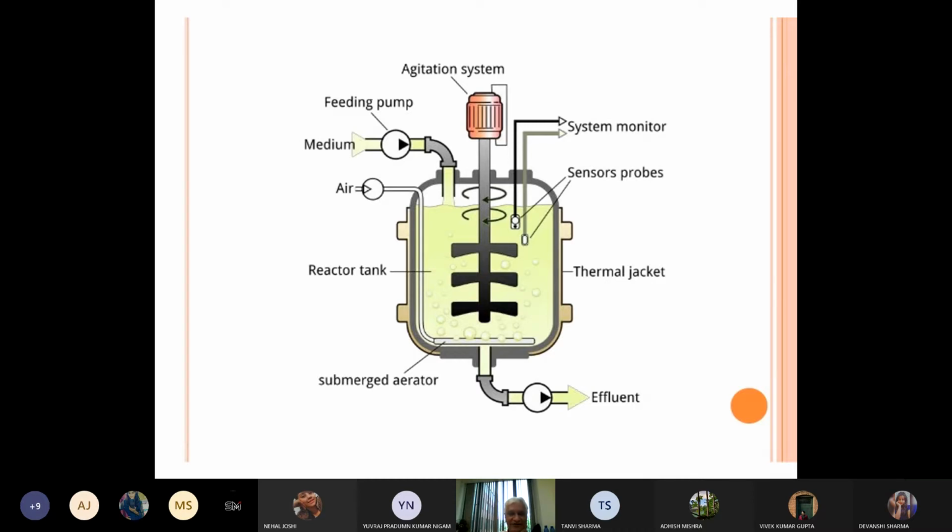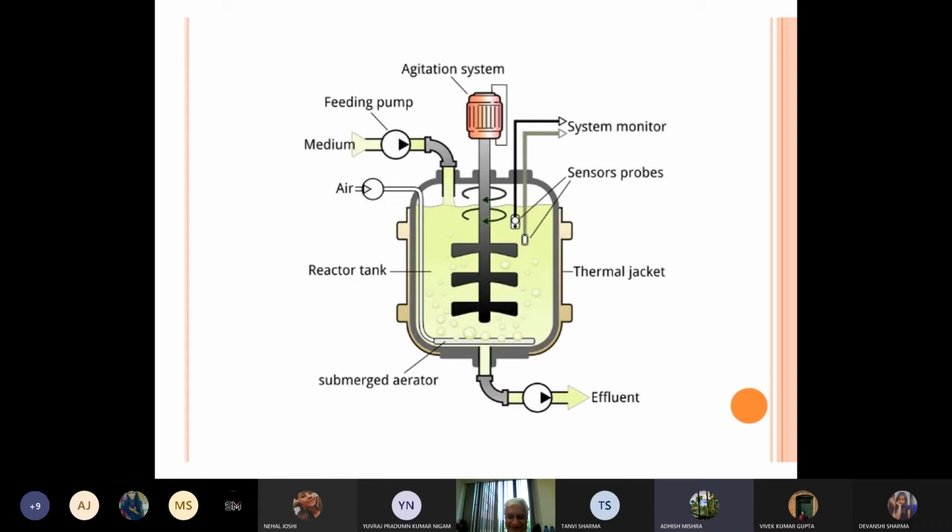Yeah, and you understand how there is a complete relation between a thermal jacket and a sensor probe. जैसे the temperature sensor probe will sense that, oh, temperature has gone very high, so it will start the cooling into the jacket. It will start the chilled water, and it will bring back the temperature. So this thermal jacket is a very important aspect of a fermenter. So that you have understood. Then, excuse me, sir. Yes, good.